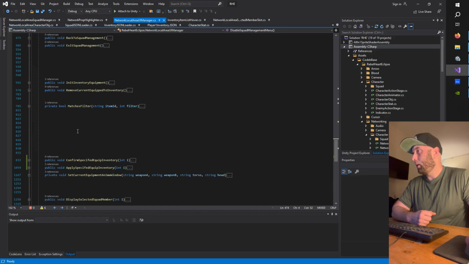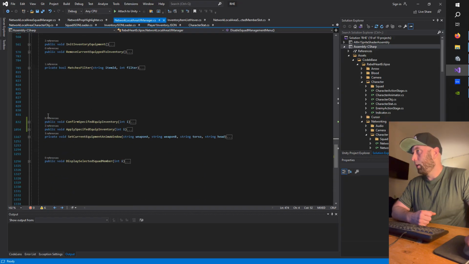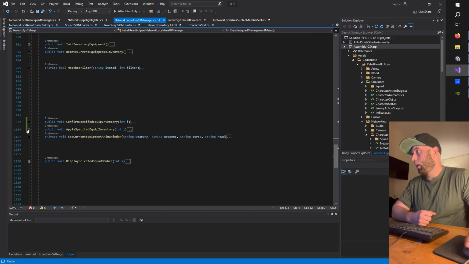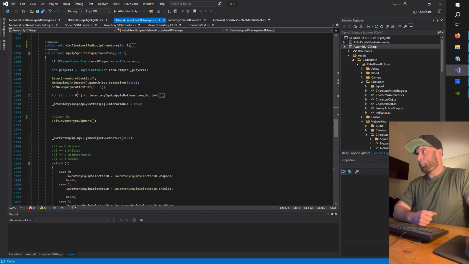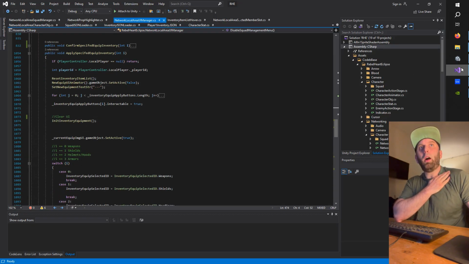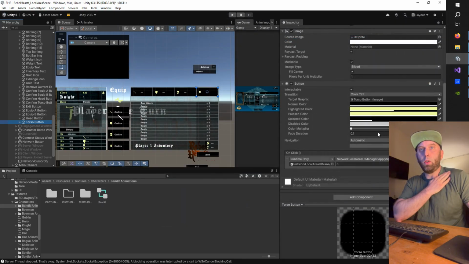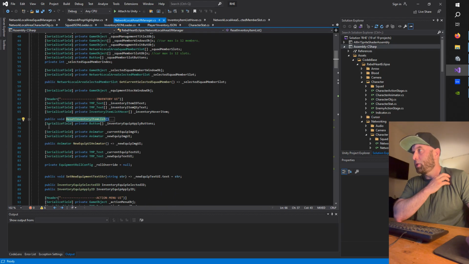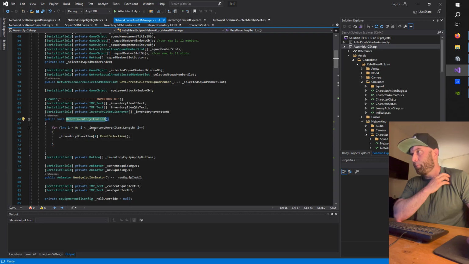we will see briefly what it's doing. Which one was that? Confirm, was it? No, apply specify. I might not confirm, because I was working on that last. So we come in here, and let's say we've selected the torso gear. So number three's gone in. 0, 1, 2, 3. We come down here. We reset the inventory item list first and foremost, like so. And these inventory hover items